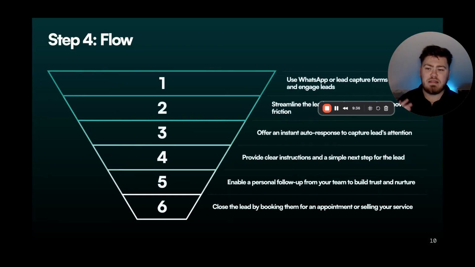Step 4 being the flow. Okay, so I touched on the advanced options. This is one of the advanced options. As you can see, 1 through 6 here. All right, 1 being that they initially come through. So we have our top of funnel and we have our bucket basically getting dipped in. So we have that top list, and